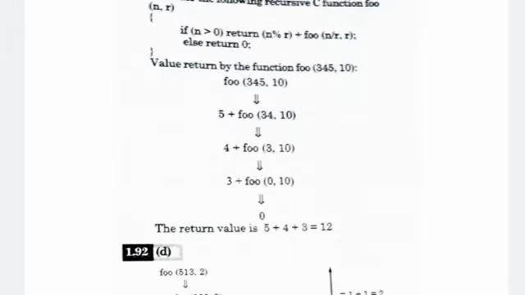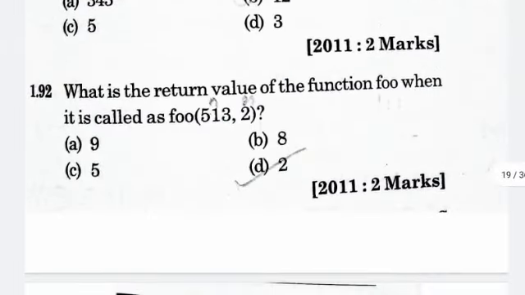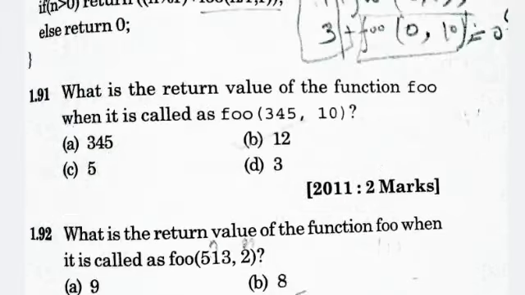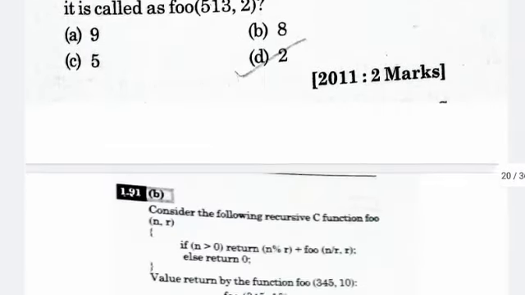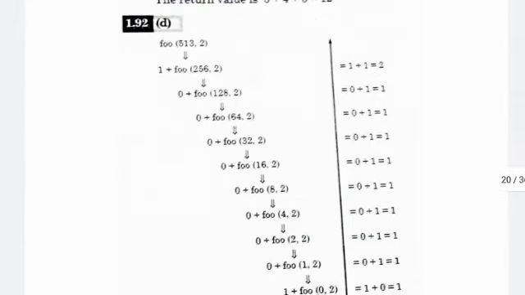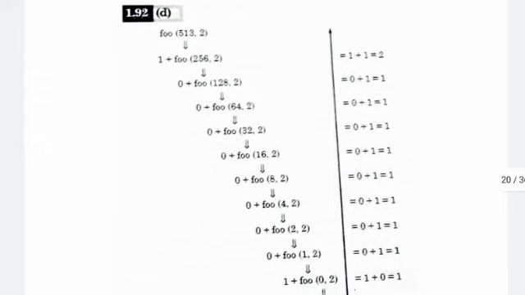Now come to the next question, 1.92. What is the return value of the function when it is called as foo(513, 2)? There are also 4 options. Now come to the solution of this question. When we execute the function for 513 comma 2, we get this process.